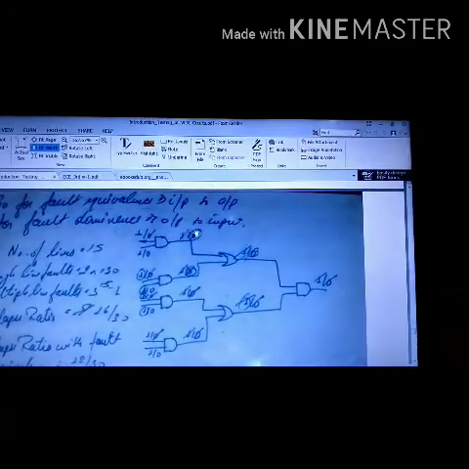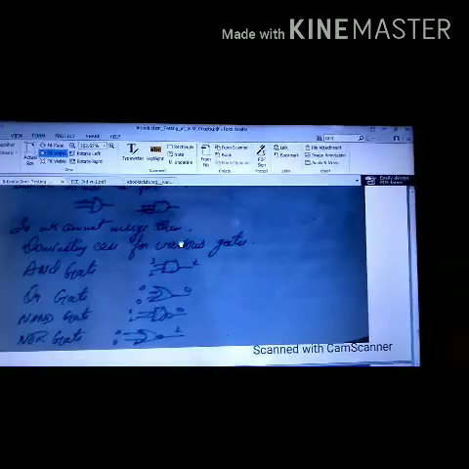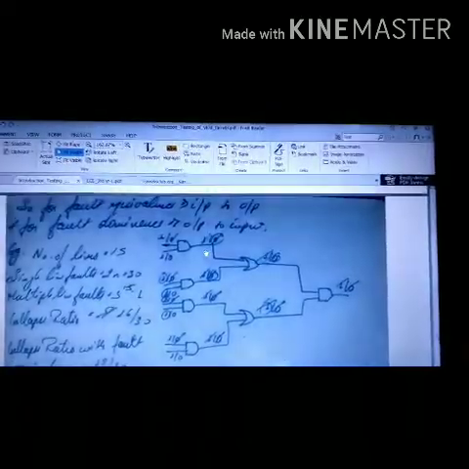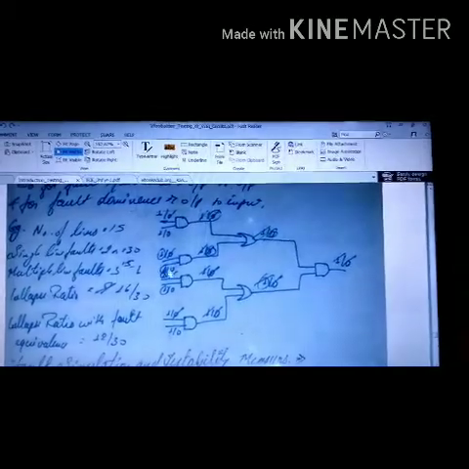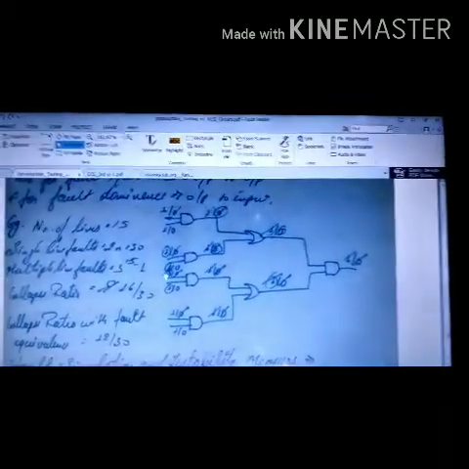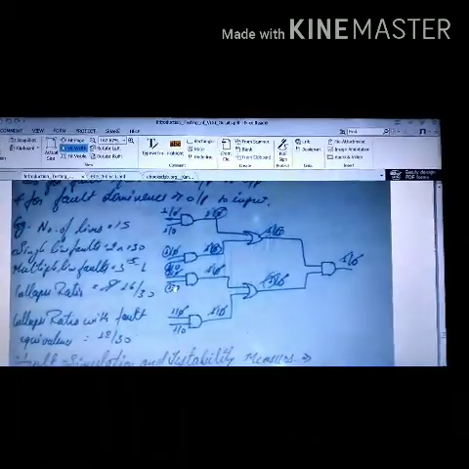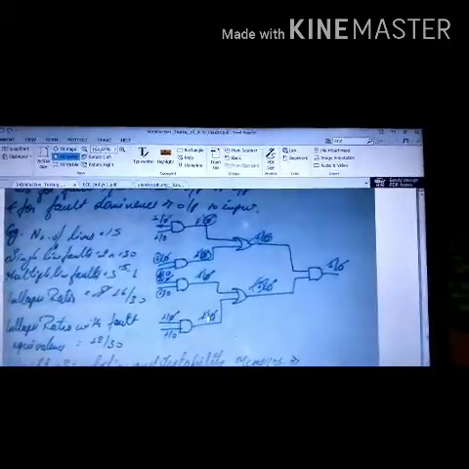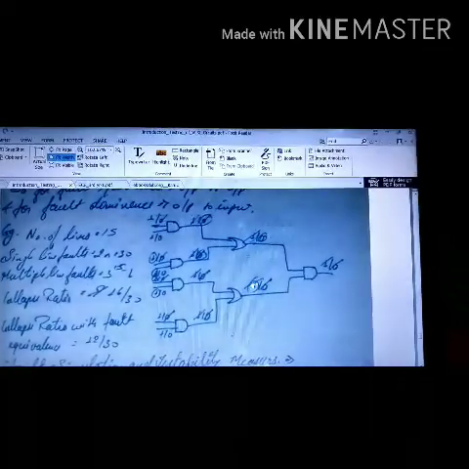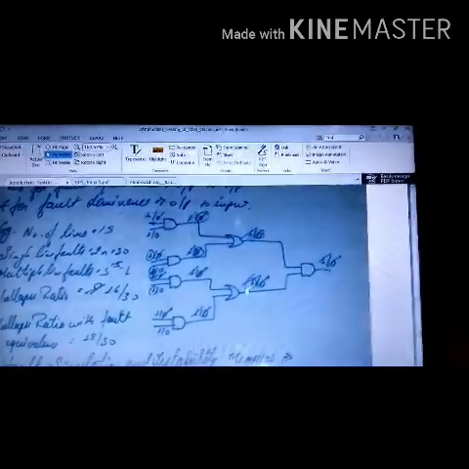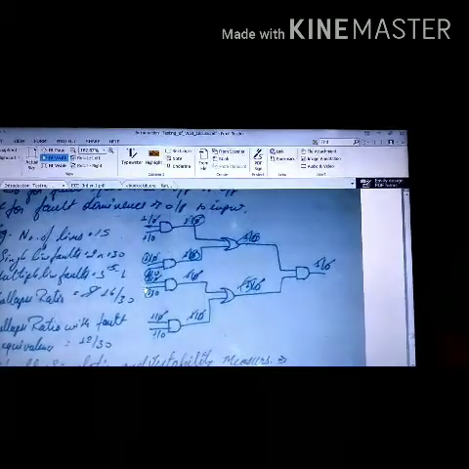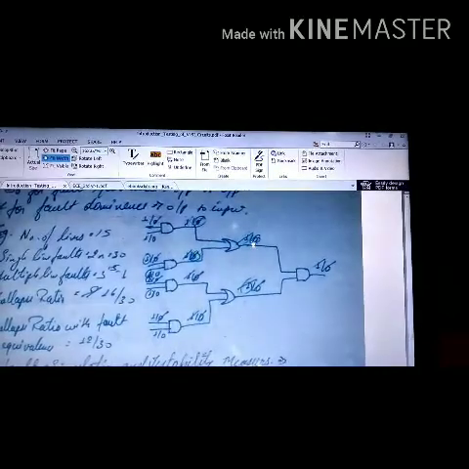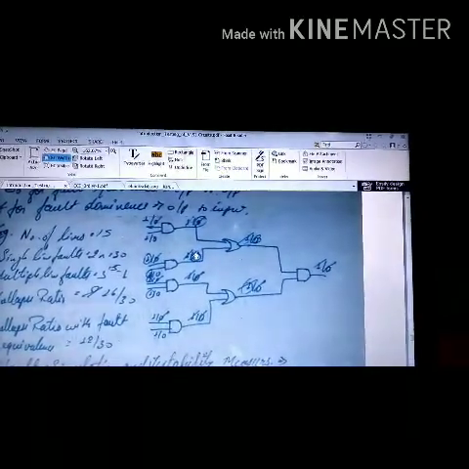Now for AND gate, stuck at one faults are dominating. So this stuck at one fault, this stuck at one fault, there is a stuck at one fault here, there is a stuck at one fault here. Okay, now for this and this it cannot be, because stuck at one faults got cancelled by the OR gate's fault equivalence. So only these stuck at one faults are dominating, which have been circled, and therefore based on this